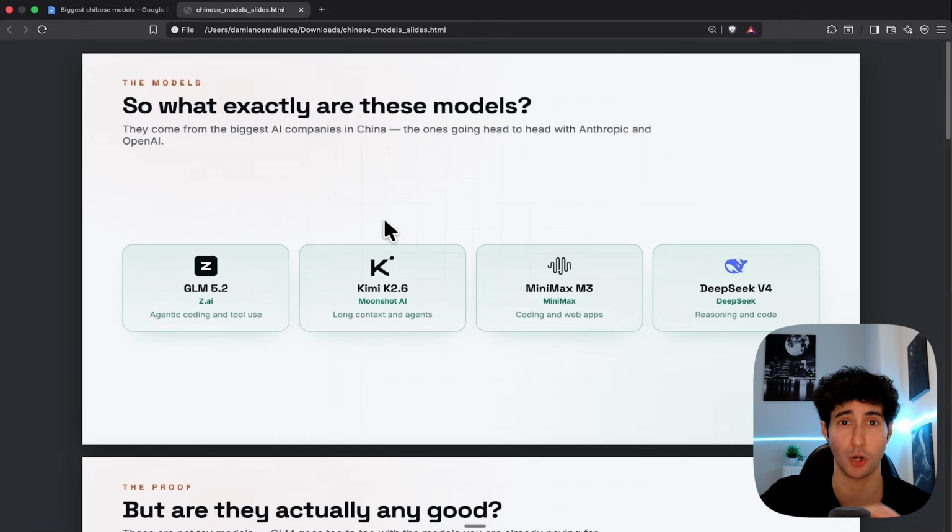But before I show you how to set this up, I want to first talk about which models I'm going to show you in this video and what these models are actually good at. Now, as I said in the intro, these are the biggest AI models from China and almost all of them specialize in agentic coding and long context work. Now, if you don't know them, these models are GLM5.2, Kimi K2.6, MiniMax M3 and DeepSeek V4, which are all